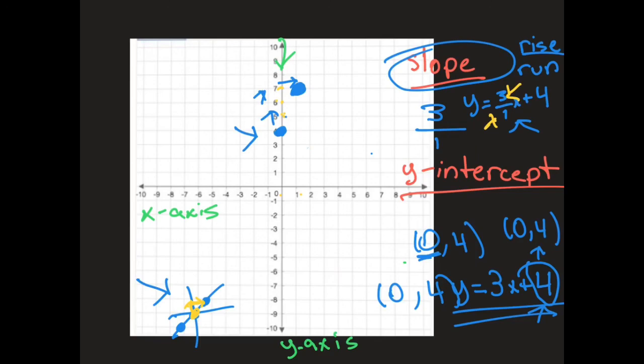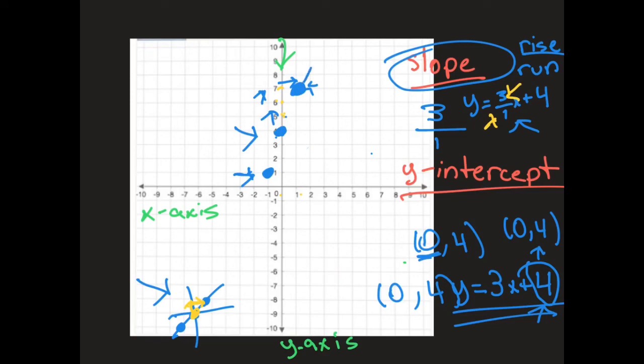So now let's say I wanted to graph a line over here. I can't go rise 3 over 1 because then I would get to this point right here. I'd have to do the opposite of rise 3 over 1 to get to my next point. So I would go down 3, 1, 2, 3, and over 1 to get to my next point, because I know that from this point I rise 3 and go over 1 to get to the next point. I rise 3 and run to the side 1 to get to the next point.